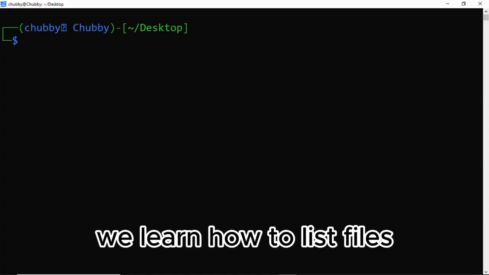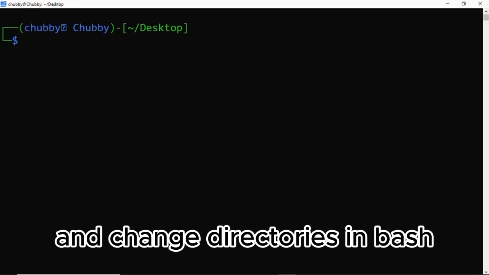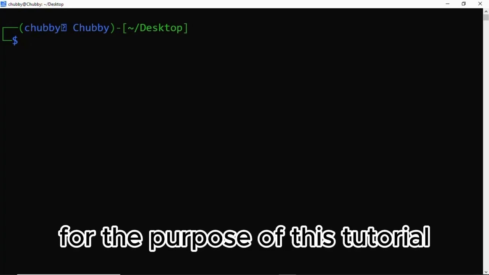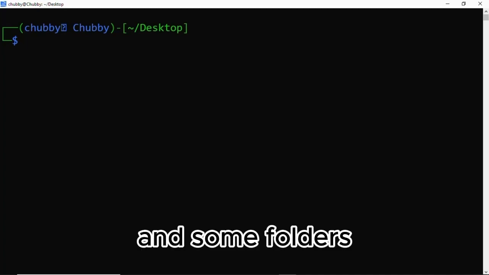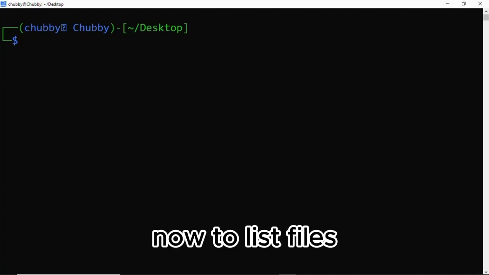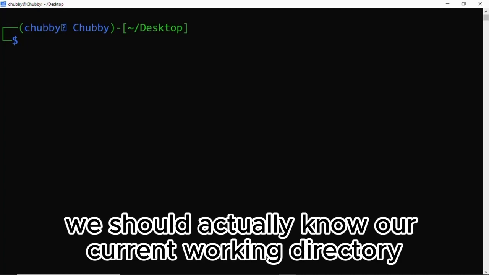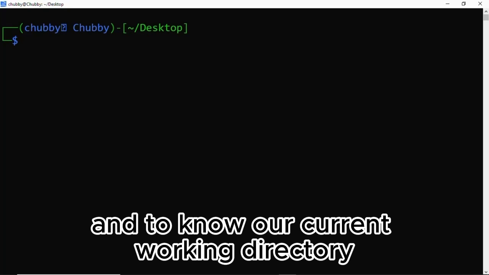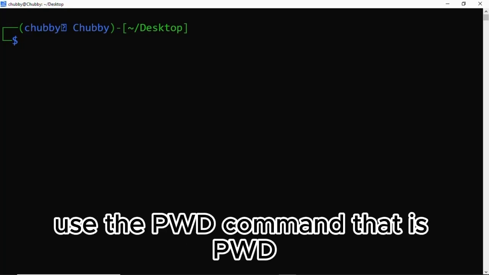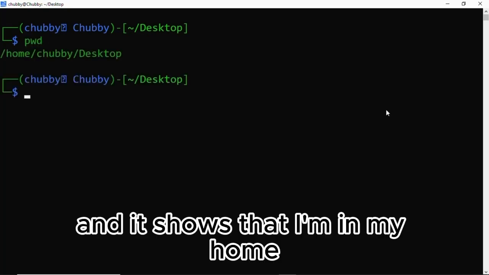In this tutorial, we learn how to list files and change directories in Bash. For the purpose of this tutorial, I have created some files and some folders. Now, to list files, we should actually know our current working directory. And to know our current working directory, we use the pwd command, and it shows that I'm